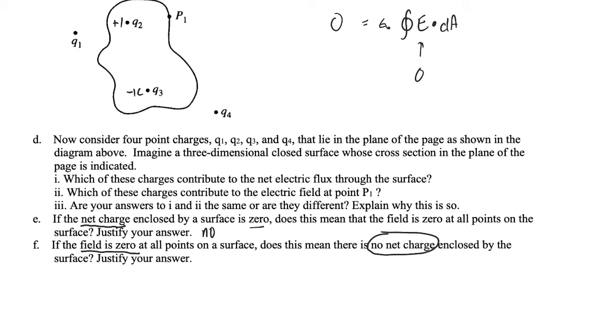And it was funny because the test writers didn't write this question haphazardly. Some group of people wrote this and then passed it to another committee who also read through it and passed it to another committee who helped edit it. By the time this question actually makes it to the test, it's been vetted a lot. They didn't choose these words unintentionally. Saying if the field is 0 at all points on the surface, they are trying to confuse you. They're trying to see if they can find some narrow place to kind of wedge your